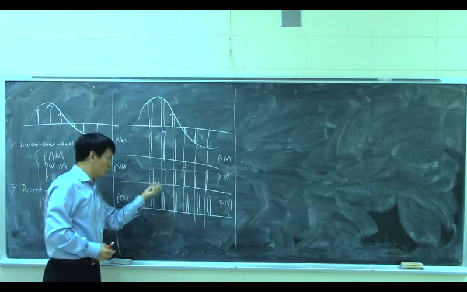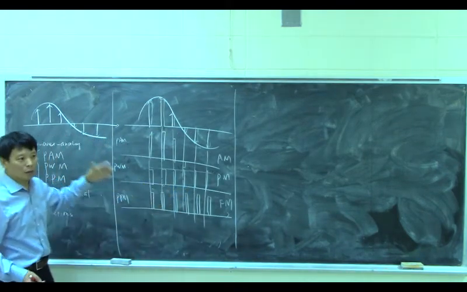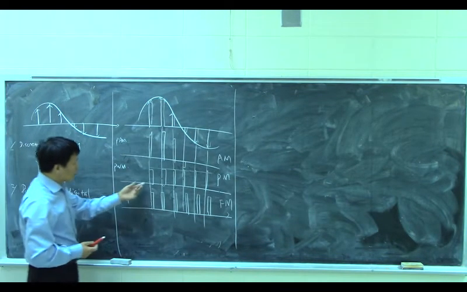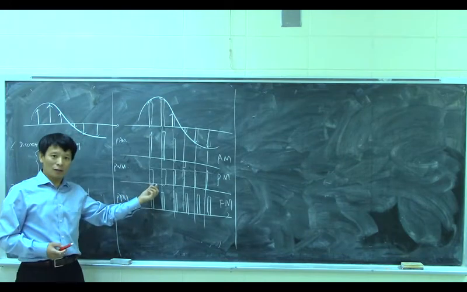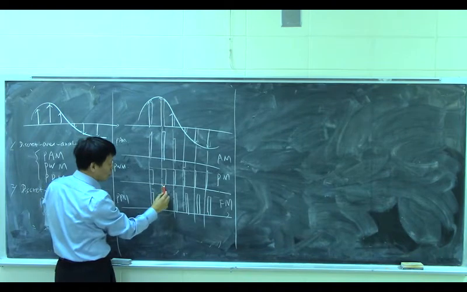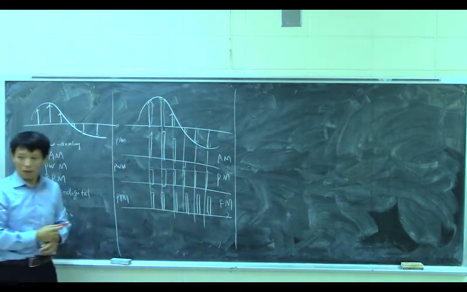Because if we do not change the width, then that's okay. So we don't care about the synchronization between the transmitter and the receiver. Right? But we know the information is in the width. That means, for example, if this value is large, then this one will be wide. If this one is small, then this one will be very narrow. So